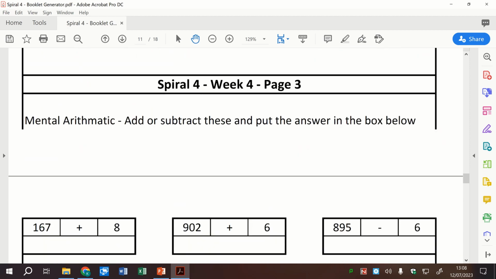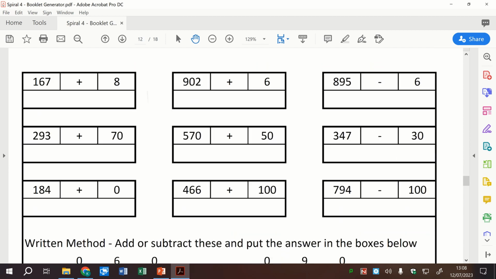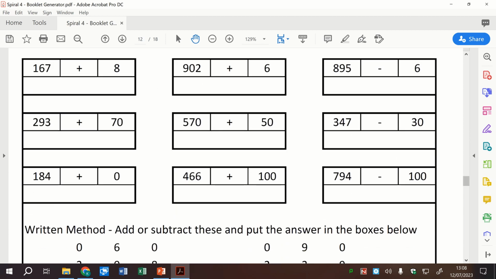Okay, right, so what have we got on here? All right, so what have we got here? So mental arithmetic. So here, we're just going to add a unit in place here. So we're going to add that unit to this unit in here. So if you think about 7 plus 8,